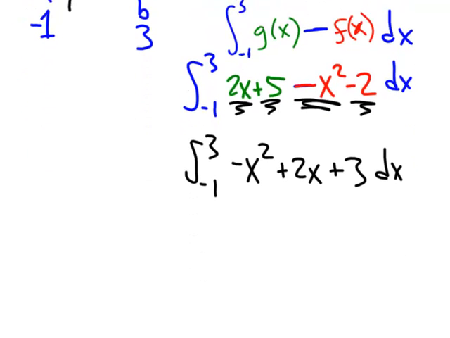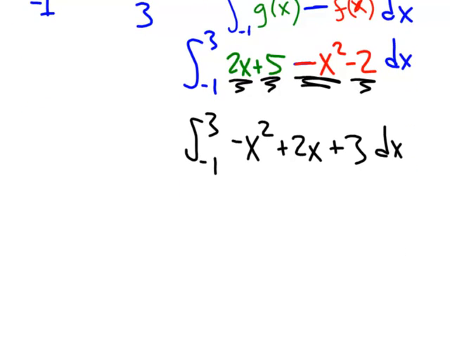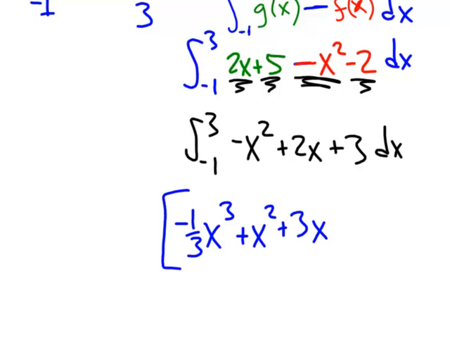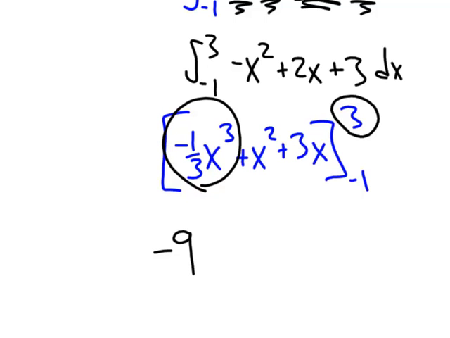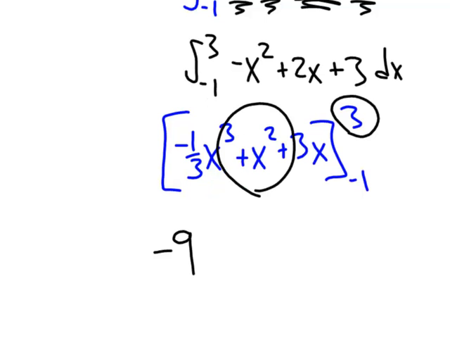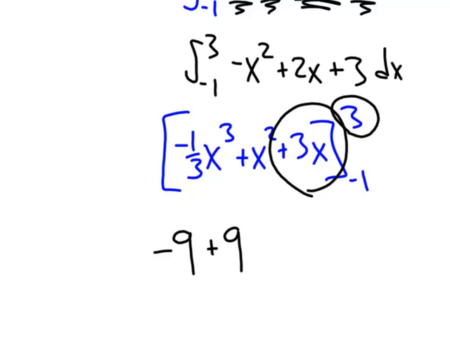And this is familiar FTC territory, so I'll speed it up here. We anti-derive. The negative x squared becomes x cubed with a 1/3 and a negative. We have plus x squared plus 3x from -1 to 3. And if I plug in 3 into this first term here, -1/3 times 3 cubed, that's -27 over 3, or -9. Onto the second term, plus 3 squared, plus 9,